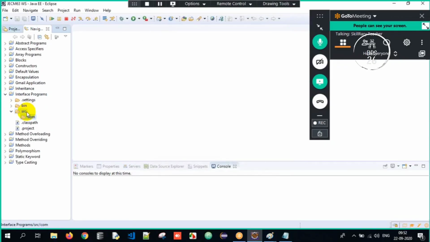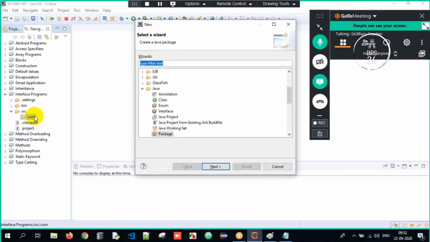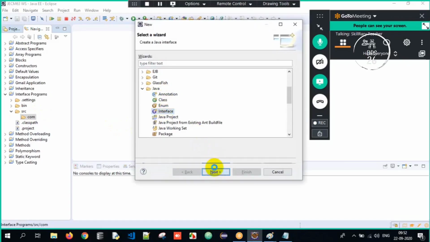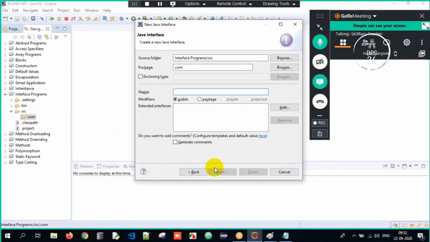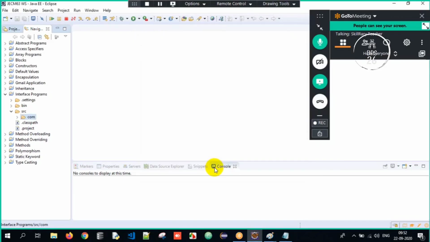Project got created, package got created, and what is the next step here? It's a class, sir. Okay, so class or interface, whatever it is. Control N. Now we are supposed to create an interface. Can you see here? There's an option called interface. Click on interface, then Next. Now it's asking me to give the interface name. I will give the interface name as Person and I tell Finish.